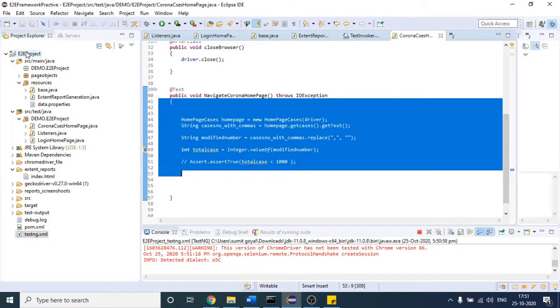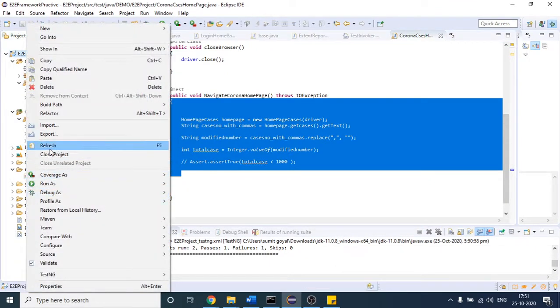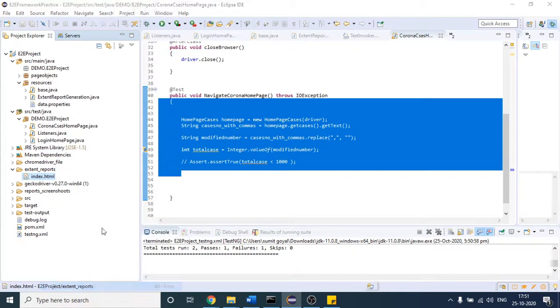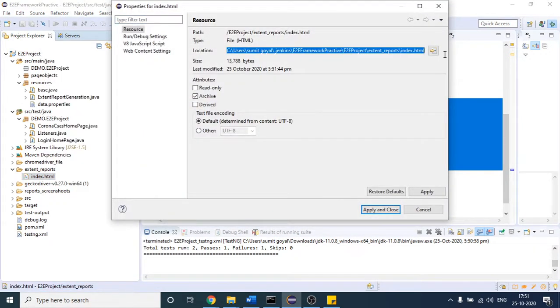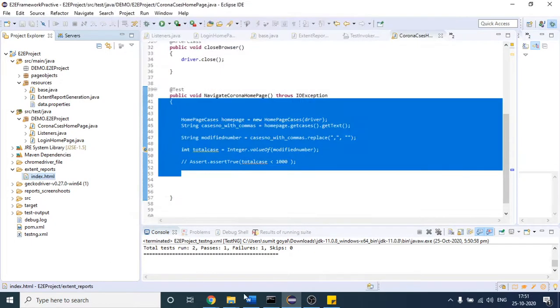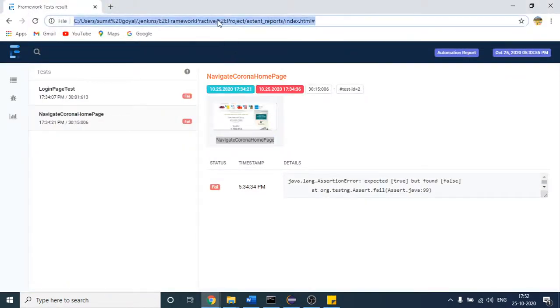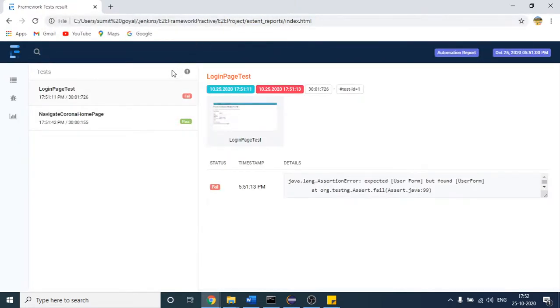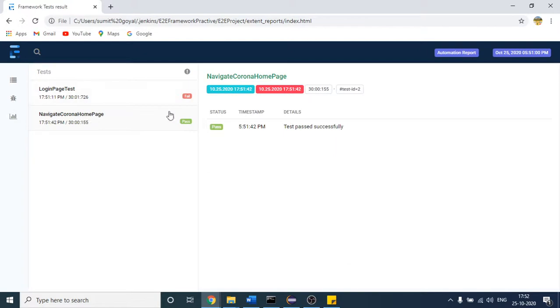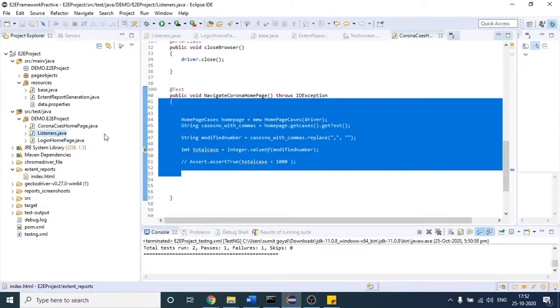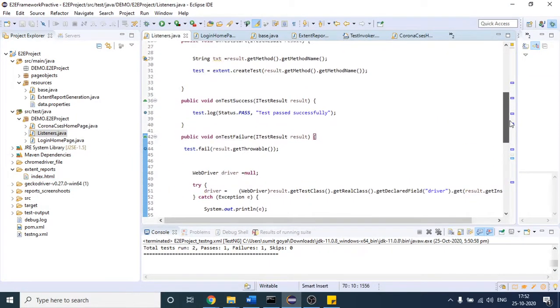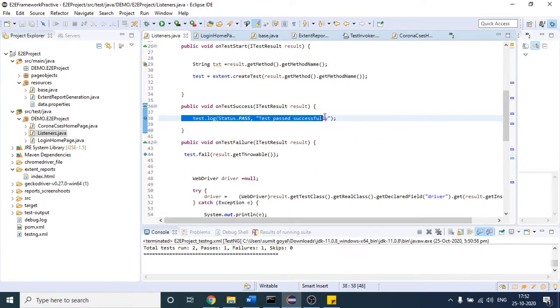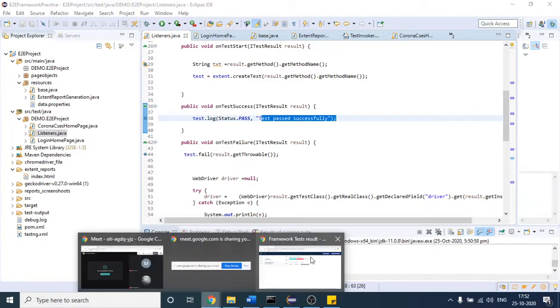So pass one, failure one, you can see. Refresh this. This is the properties. Again hit enter. You can see this time I have commented the line, so this test case does not fail, and the comment you are seeing here, I am getting from here. If I show you, this is the comment I provided. If your test case passes, mark the test case as pass and provide this comment. This is the same comment you can see present here, right?